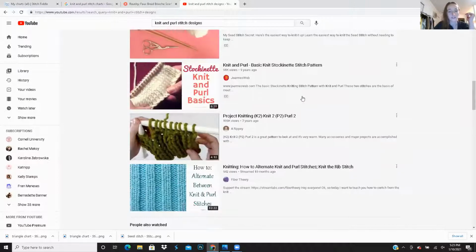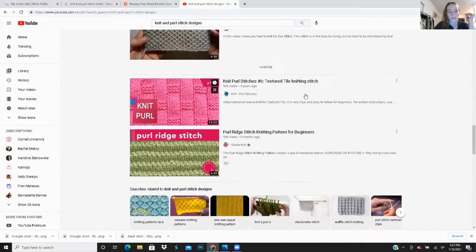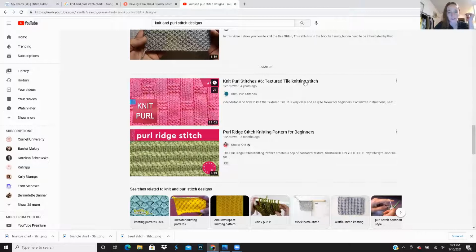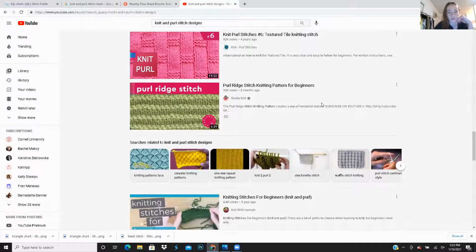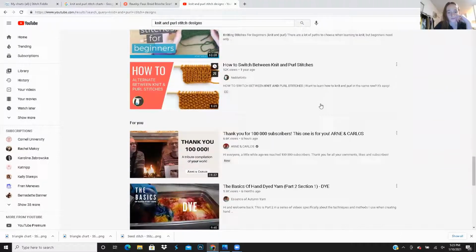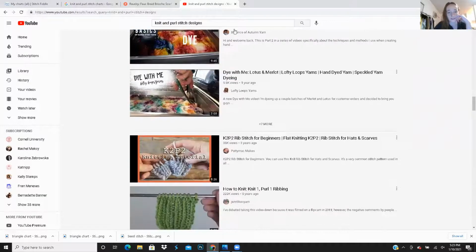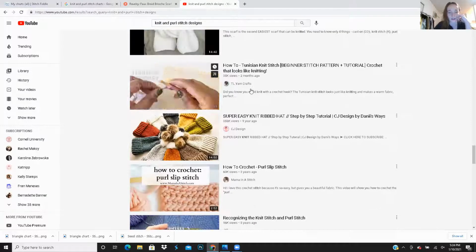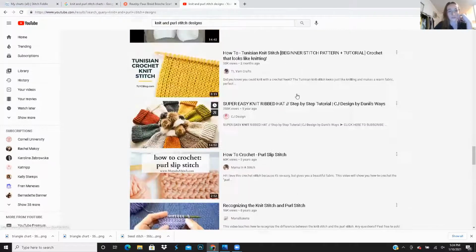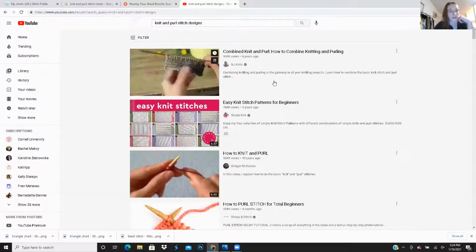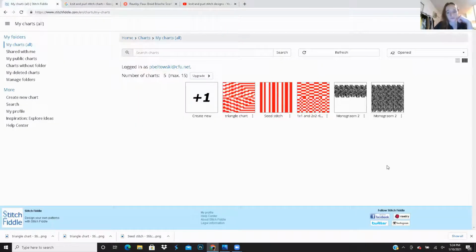We've covered the seed stitch, but we've got all of that. So here we go. Here's a great tile knit stitch. That is a stitch that you guys should have no problem completing and working on. And then we can even look, they're even suggesting dyeing yarn, all kinds of fun stuff. So yeah, YouTube, Ravelry. I also want to show you guys Stitch Fiddle, which is a site where